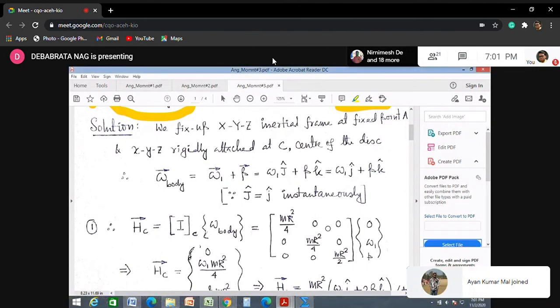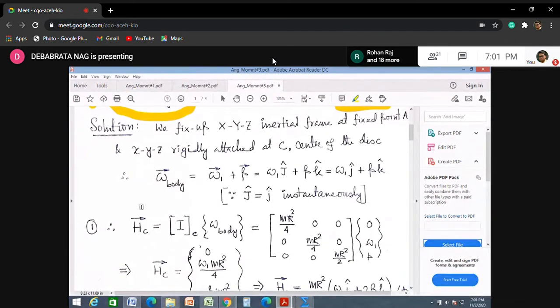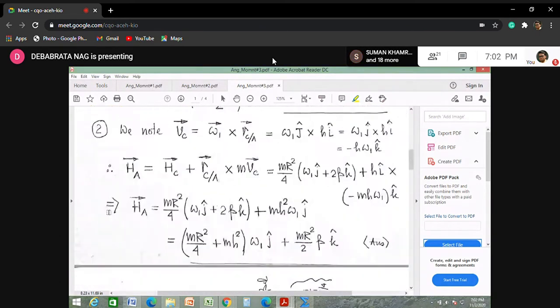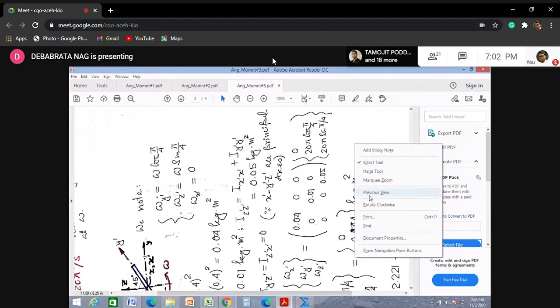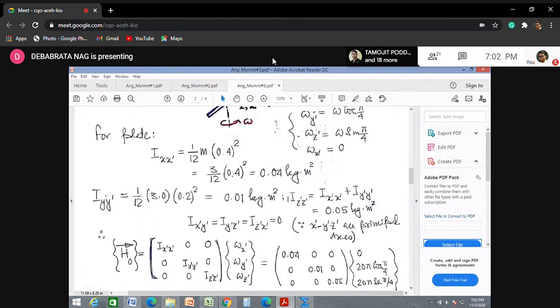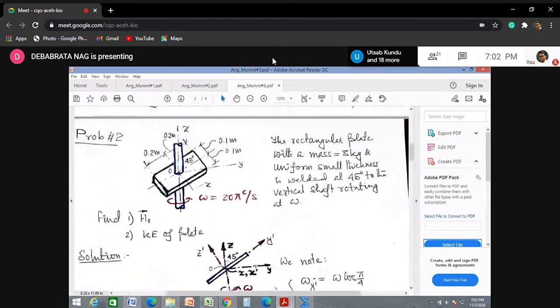Now in today's class, up to this point we discussed before our puja vacation. So I have given a recapitulation of about 30 minutes of what we had done 14 days back. After this, today I will be discussing two more problems in this class. One sec, I need to align it. Yeah. So I will be discussing two more problems.